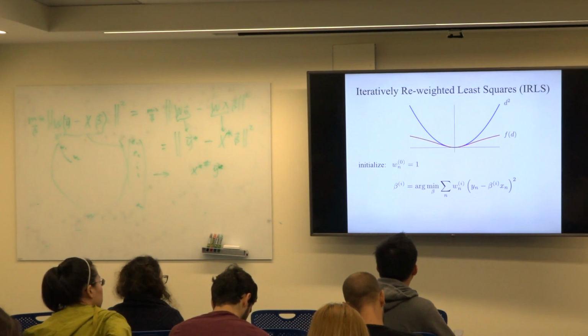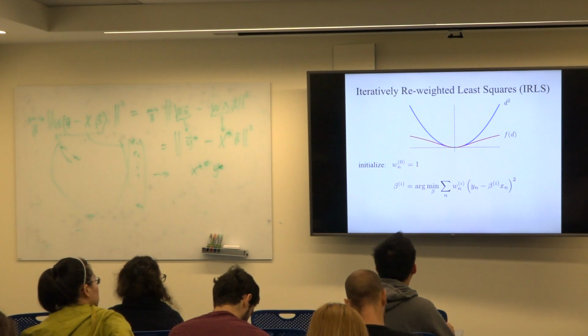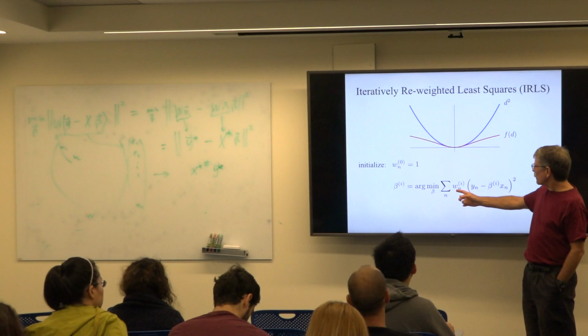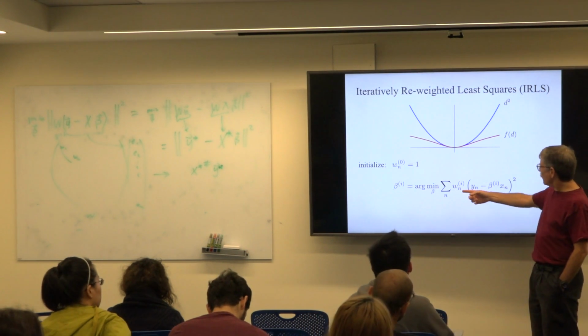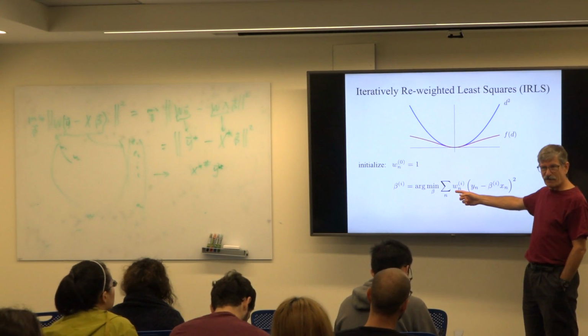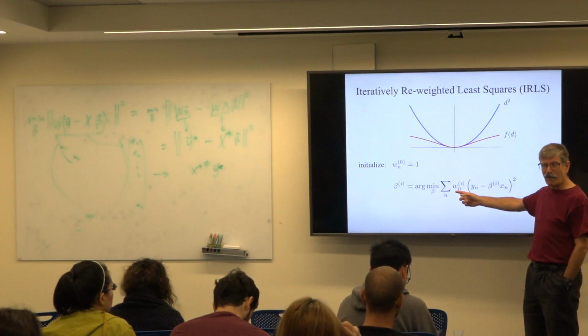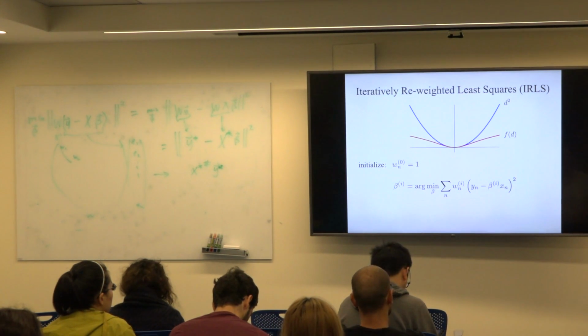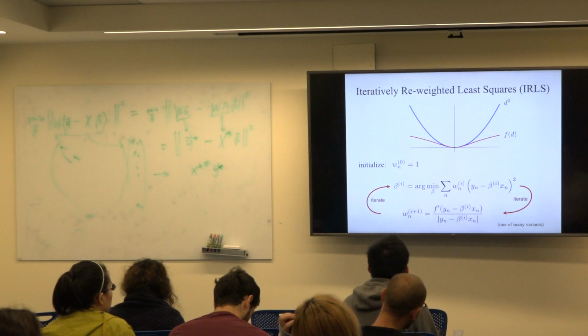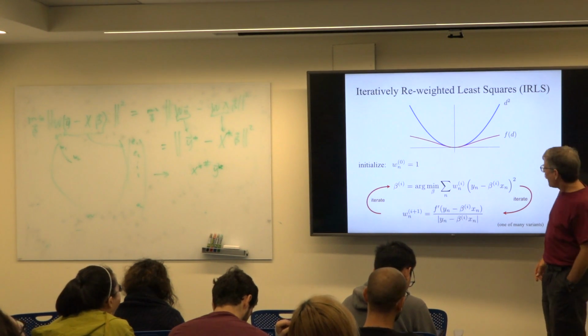So how are we going to do this? So we want to do weighted least squares regression. So we're going to do regression, but give each data point a weight. But the question is, where do we get the weight from? So what we're going to do is say, I wanted